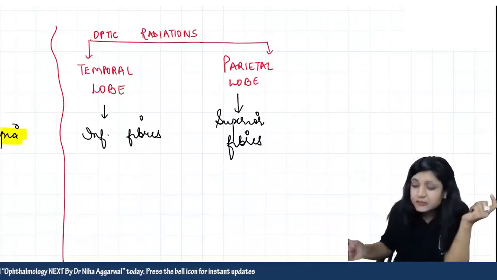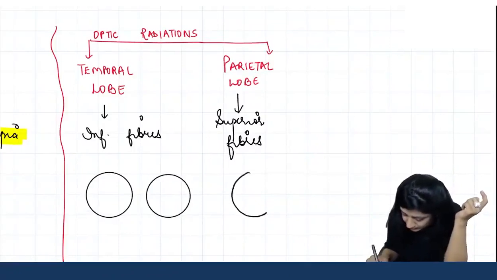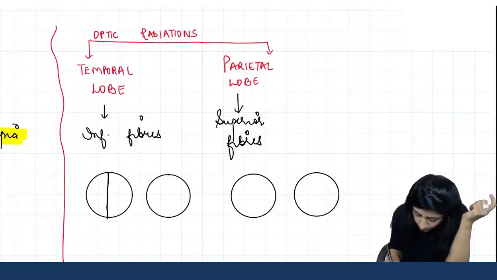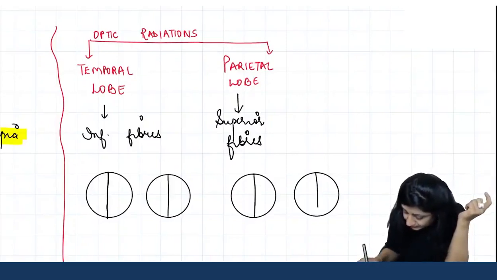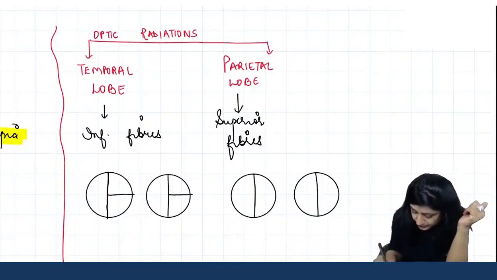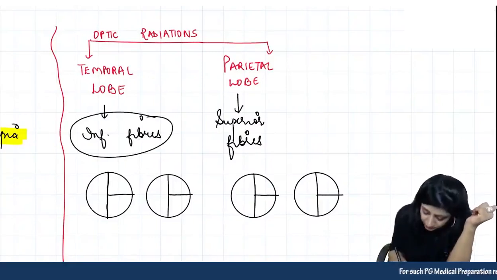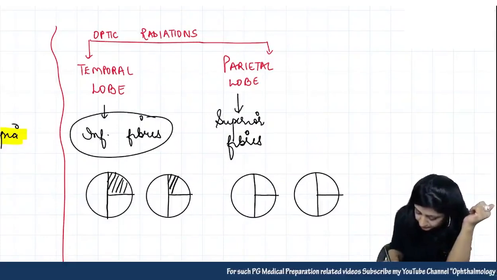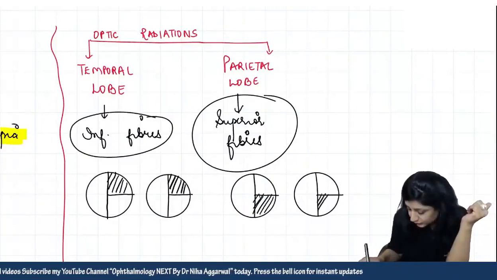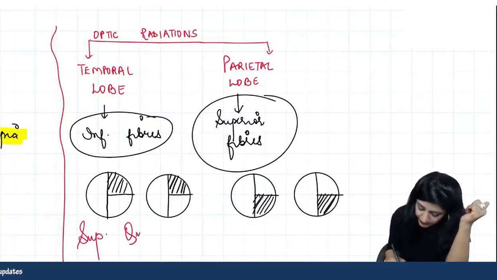So if I look at the diminution of vision, what kind of diminution of vision are they causing? They are causing homonymous, so same side will be affected, but only one half. So it would be one half of this hemianopia, something like this. So when only the inferior fibers are affected, it will be the superior field that is going to be affected, while when the superior fibers are affected, it is the inferior field that is going to be affected, right? So this will be your superior quadrant anopia.